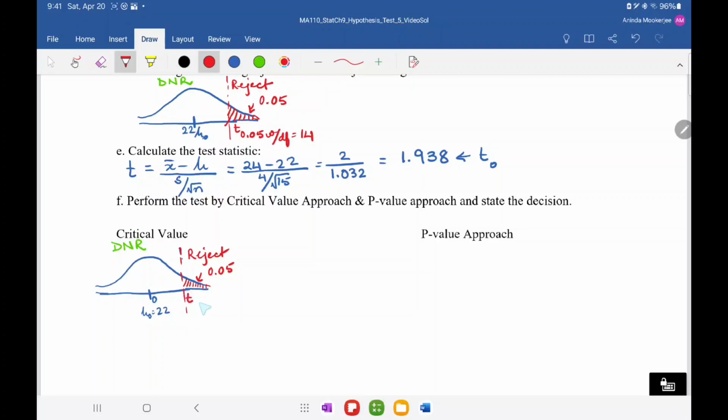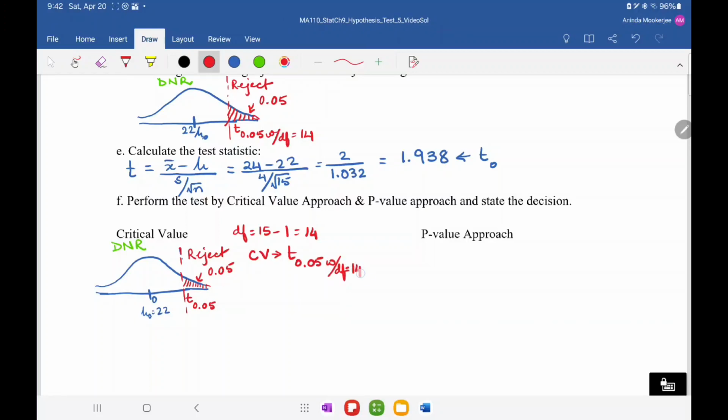So it's going to be t of 0.05, and the df is 15 minus 1 equals 14. So the critical value is t of 0.05 with df equals 14,